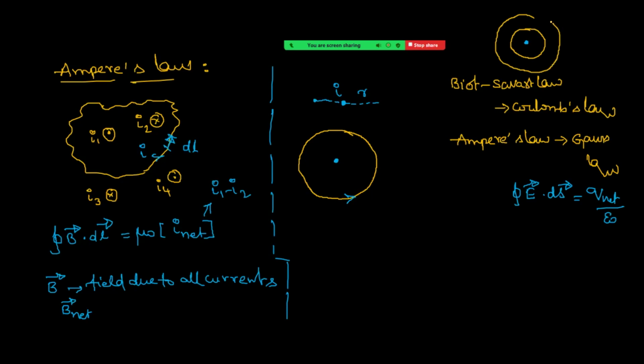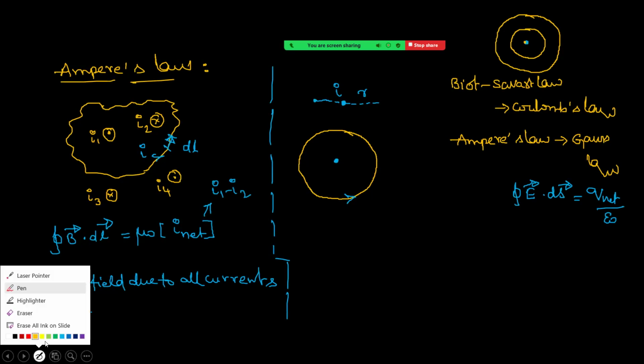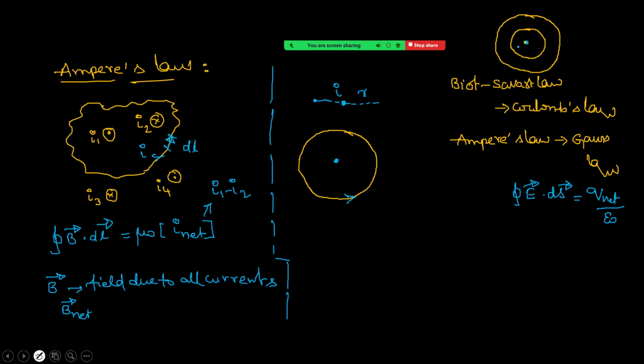The direction: keeping the thumb along the current flow, in this case towards us, the curled fingers of the right hand curl anti-clockwise. Therefore,